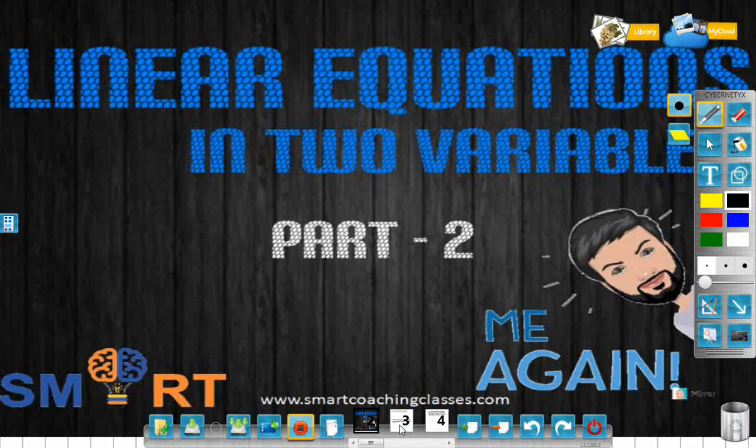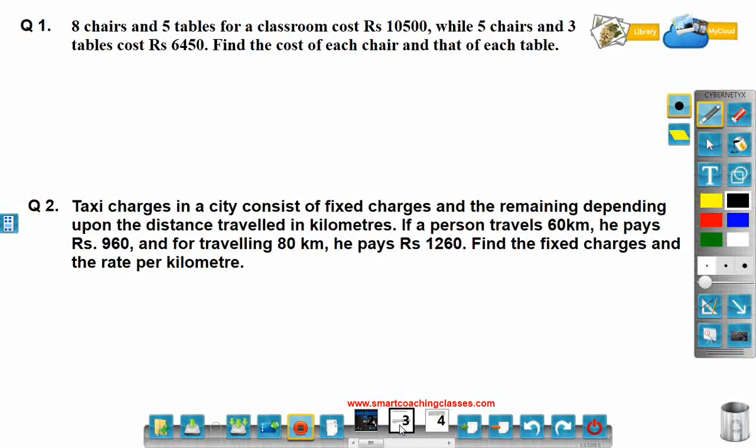Let us take example 1. 8 chairs and 5 tables for a classroom cost 10,500, while 5 chairs and 3 tables cost 6,450. Find the cost of each chair and that of each table. A very simple equation. Remember, we are doing linear equations in two variables. That means we will have to form two equations. Two different equations. Is that okay? So let's say,